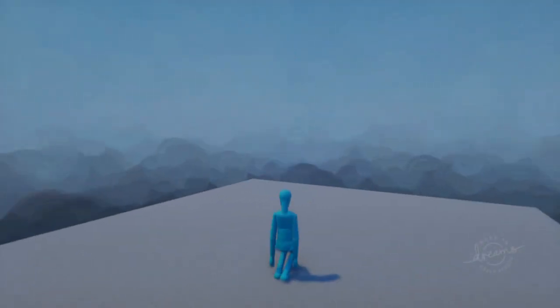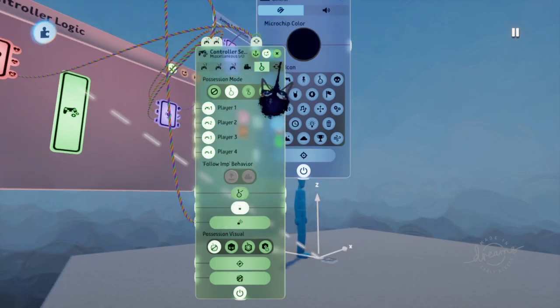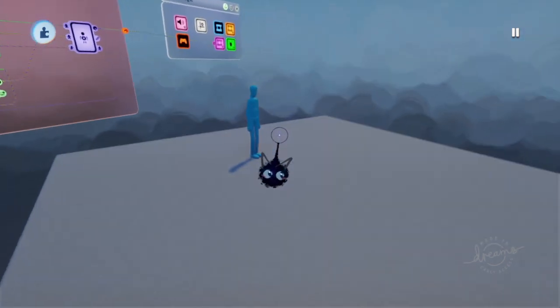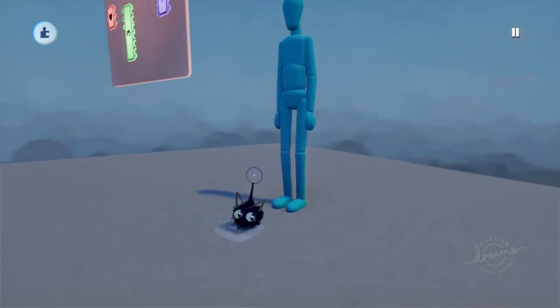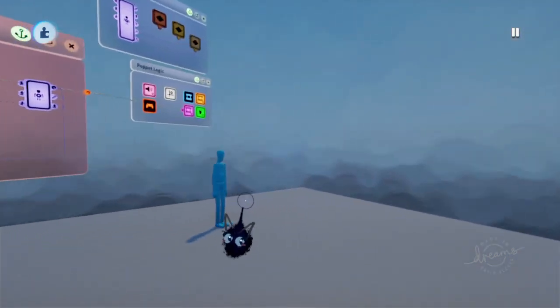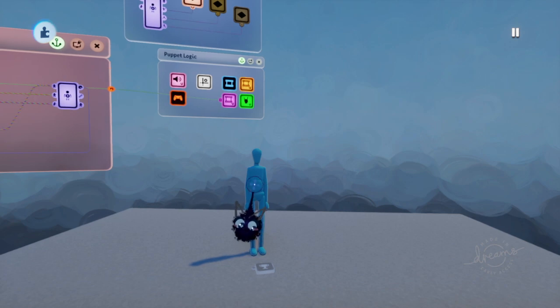So this is how you make double jumps in Dreams PS4. The reason why you might want to program your own double jump is the same reason why you might want to program your own procedural walk. Sometimes your character might be on a skateboard, and Dreams doesn't come with built-in animations for that. If you ever have to make your own animations, don't forget to turn off the procedural walk